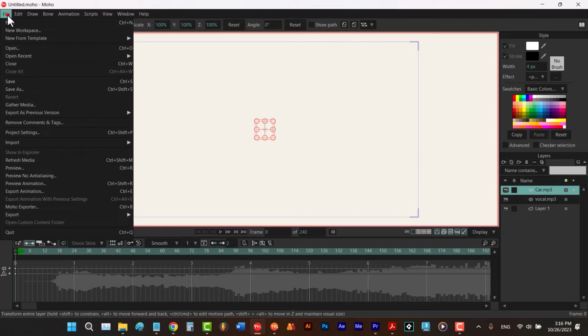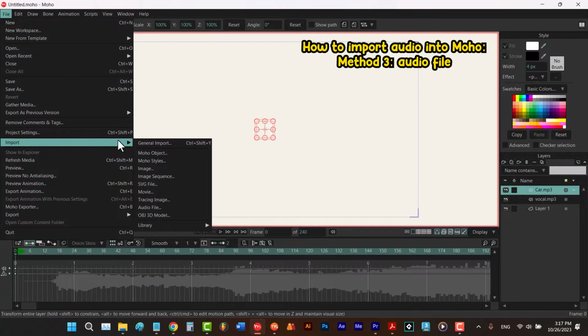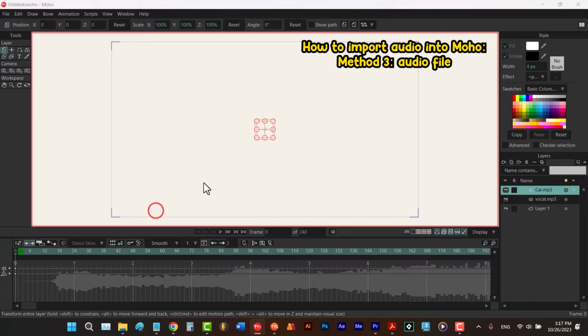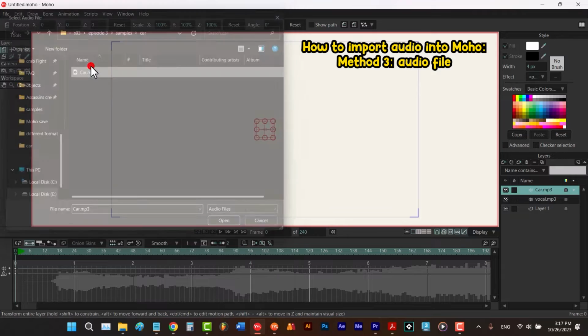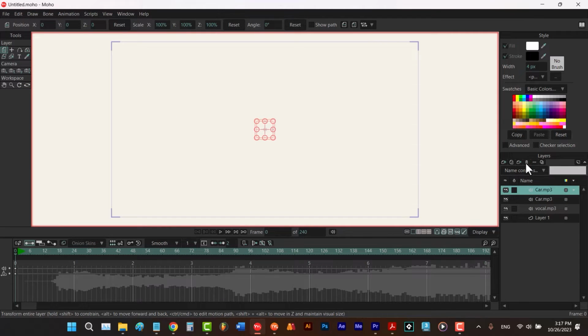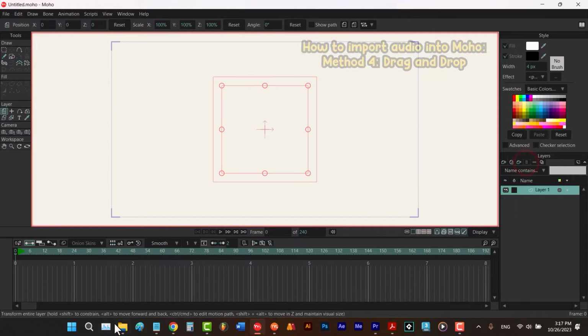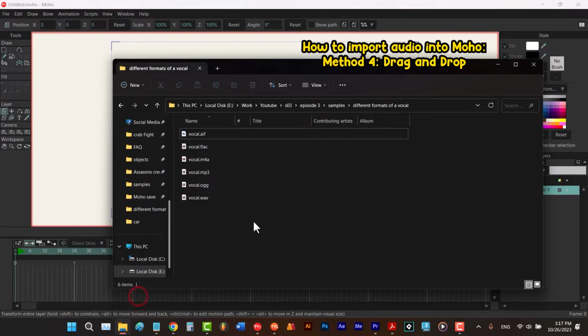Rather than general import, you can go to import and choose audio file. This way, you will only be able to see the audio files, not image files, and then you can import them. See? And the last way is that you can just go to the address of your file and drag on it